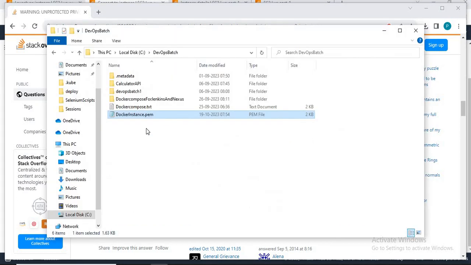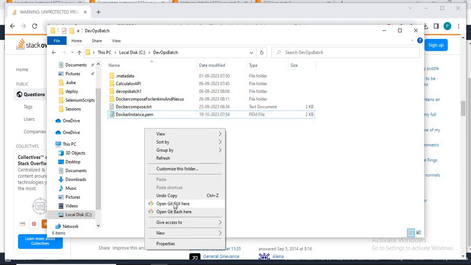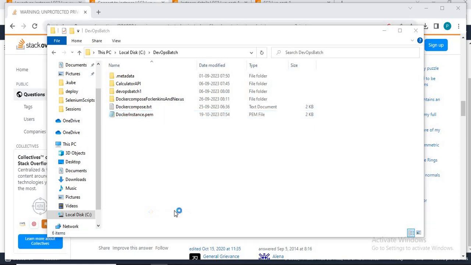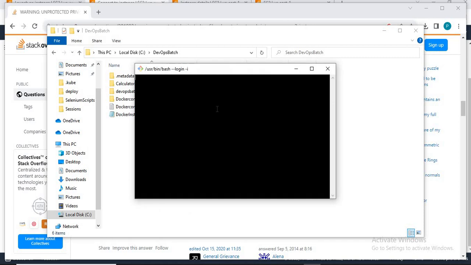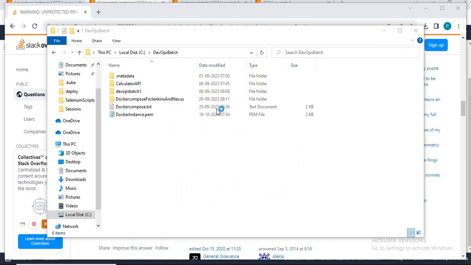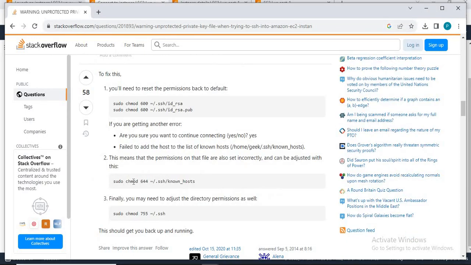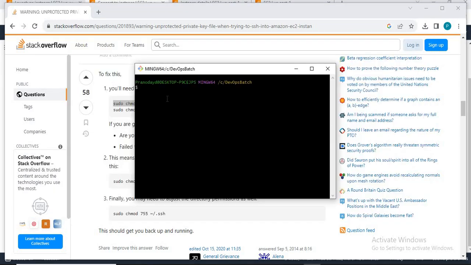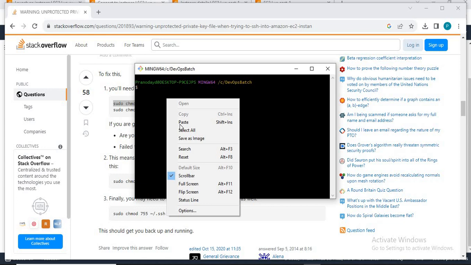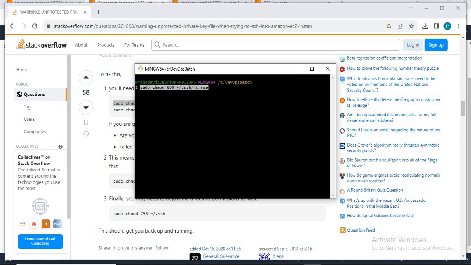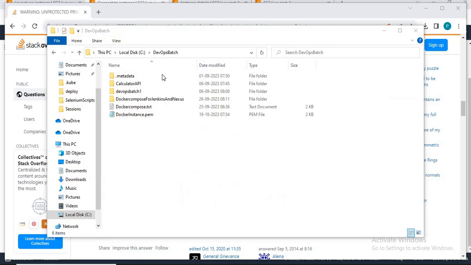Okay, we can do this. So what I'll do is I'll just open Git Bash and I will change the permission of this file using chmod. Chmod is for changing the permissions, and the name of my file is